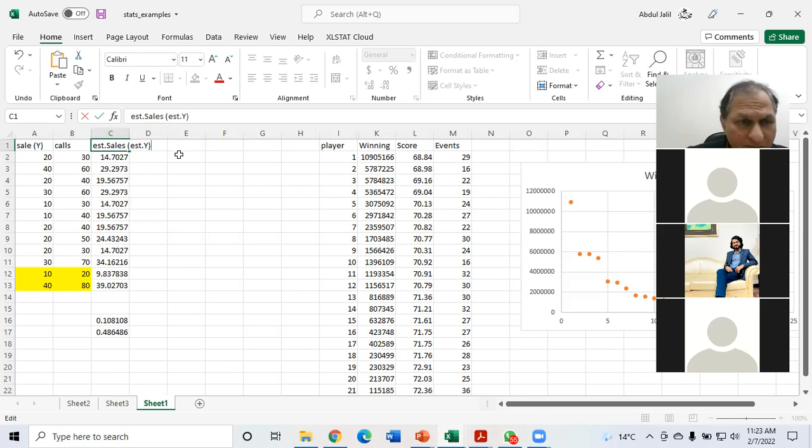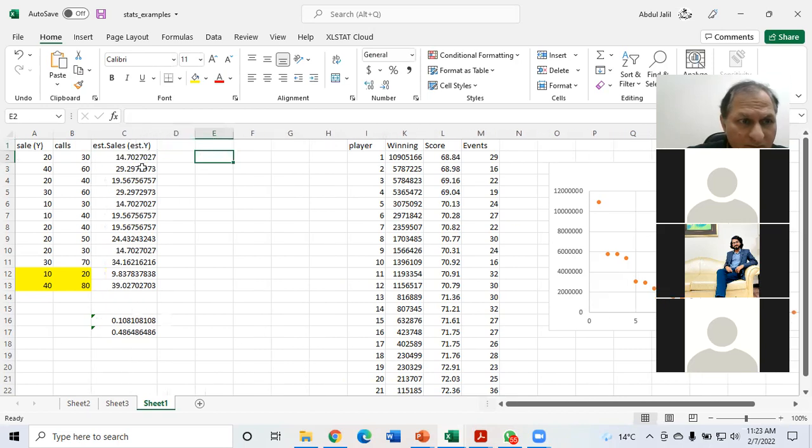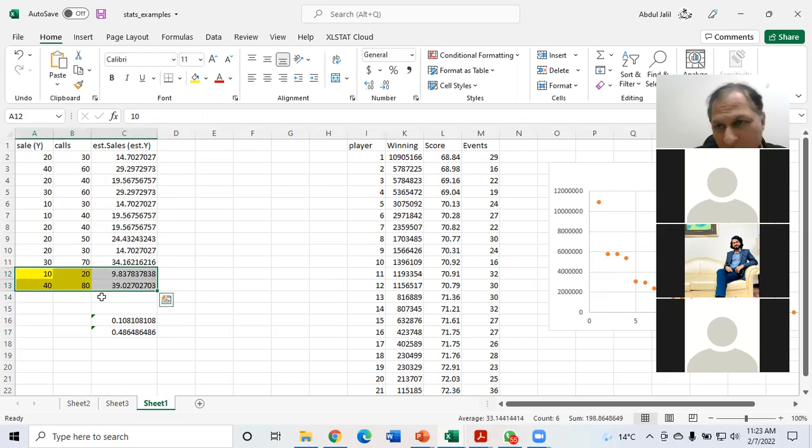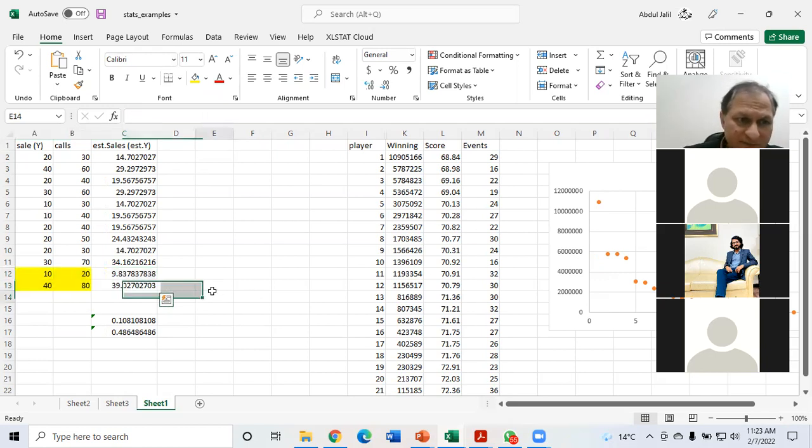Why aren't we taking the values from that yellow part? These are actually estimated values. Now you don't have actual values available in the data. So let's suppose you calculated for 20, you calculated for 80, you calculated for any other value. So you can skip this whole part, or you can continue, because these are just forecasting values. Actually, you don't have this data, but you estimated it according to the previous trend, so this would actually happen. You can estimate for any number of values which is missing or which in future you are interested in.